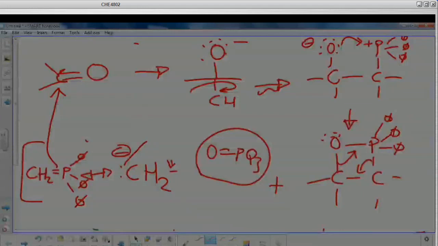This Wittig reaction involves the reaction of an ylide. An ylide, you have to know what an ylide is, and a carbonyl compound to generate an alkene and a triphenylphosphine oxide. The advantage with this method is that unlike an elimination reaction, where you react an alkyl halide with a base, or an alcohol, and then generate a double bond, this one you know where the position of the double bond will be. It replaces the carbon-oxygen double bond.